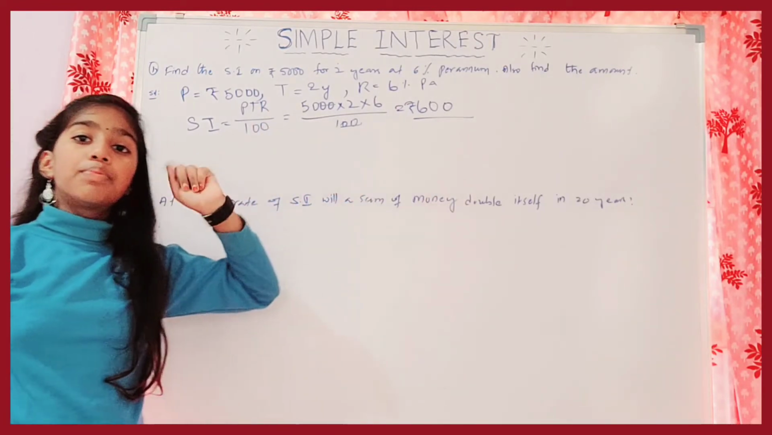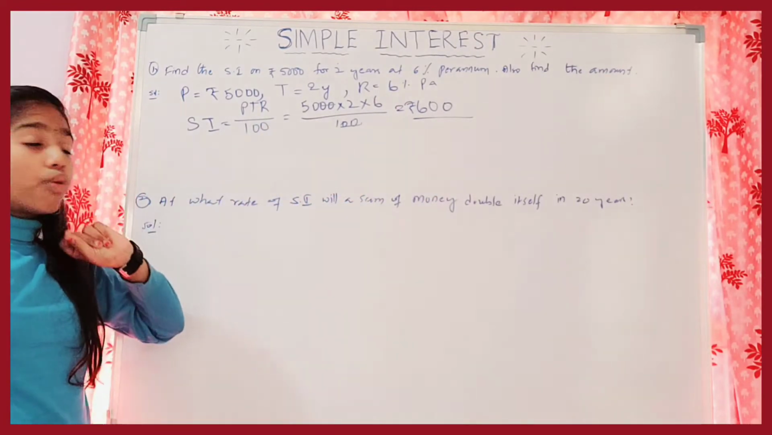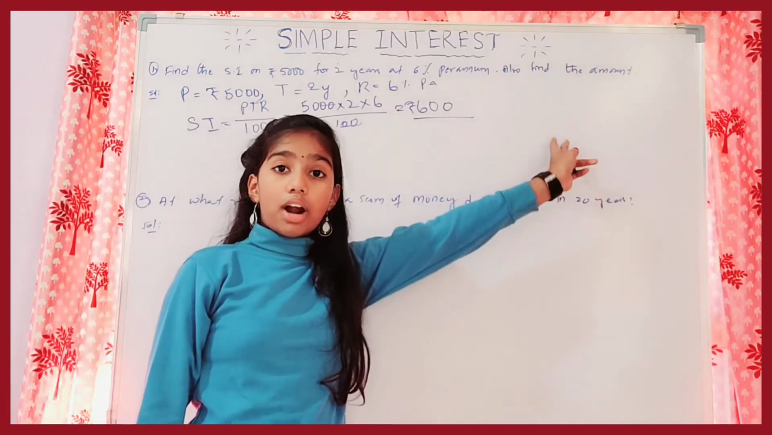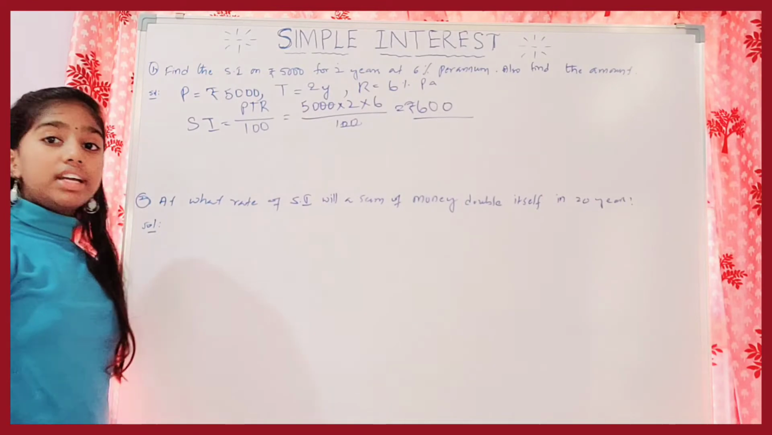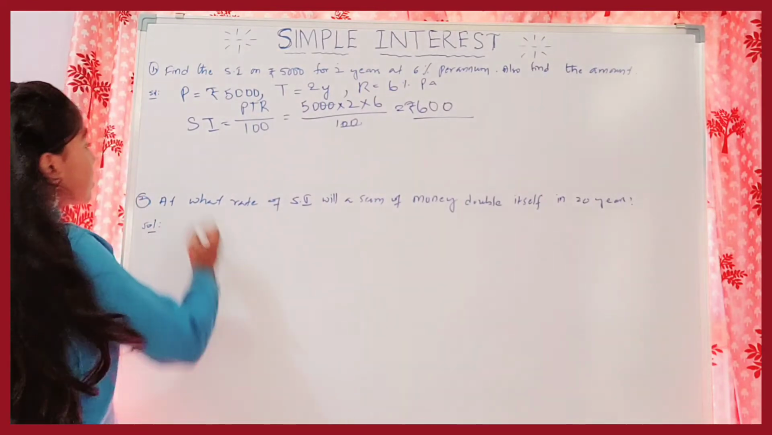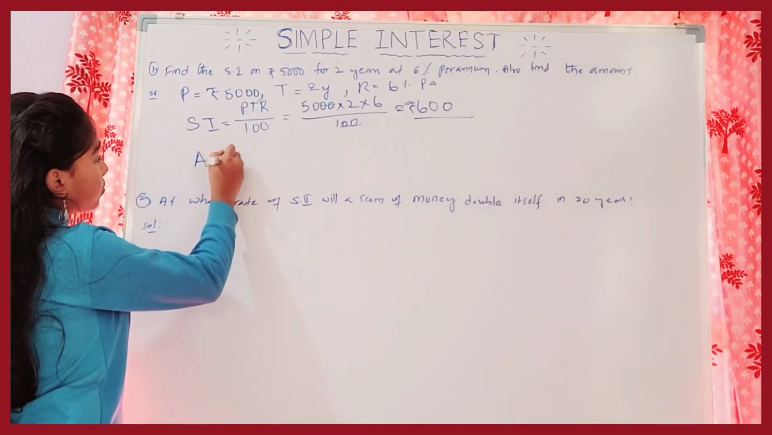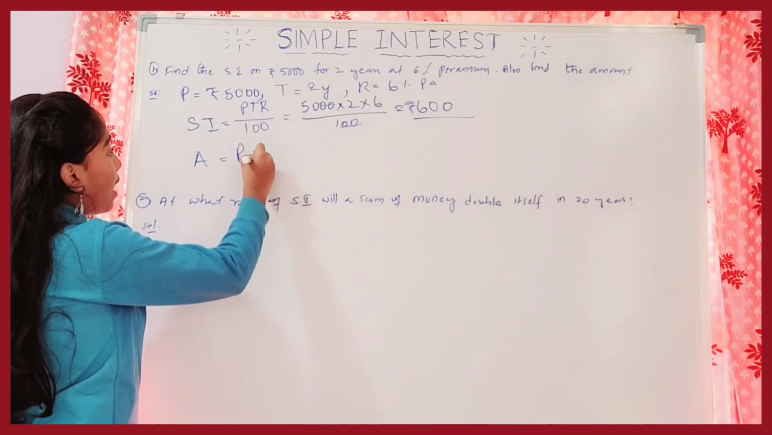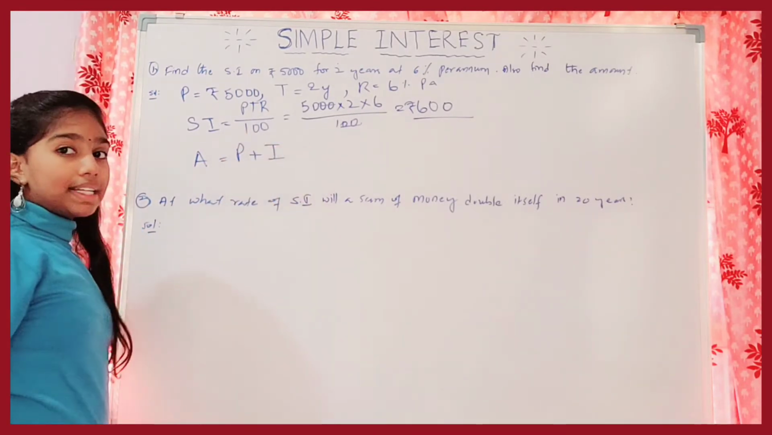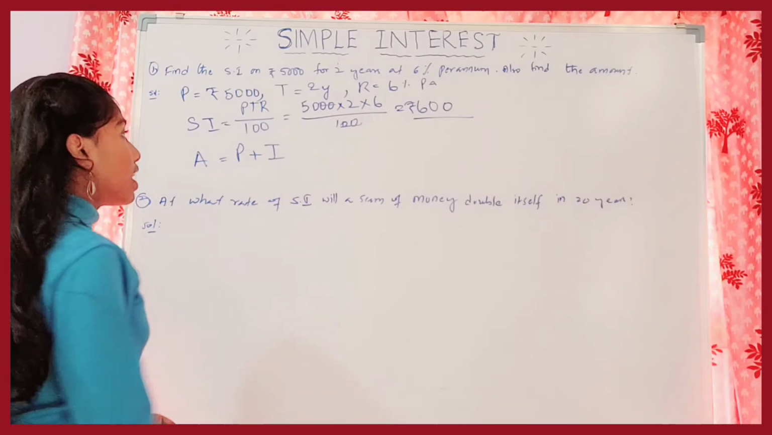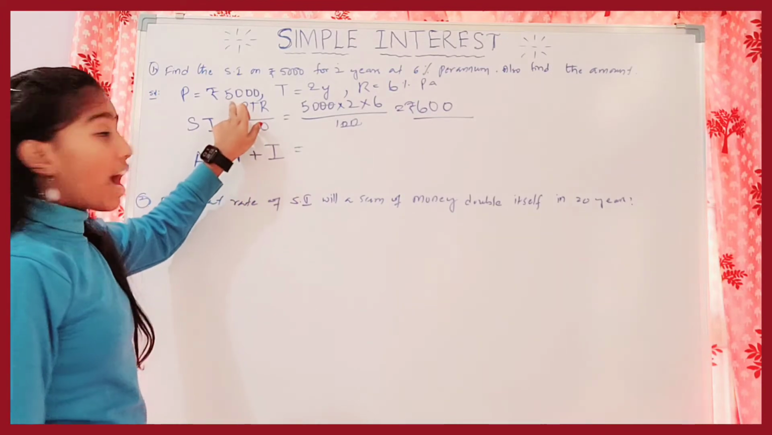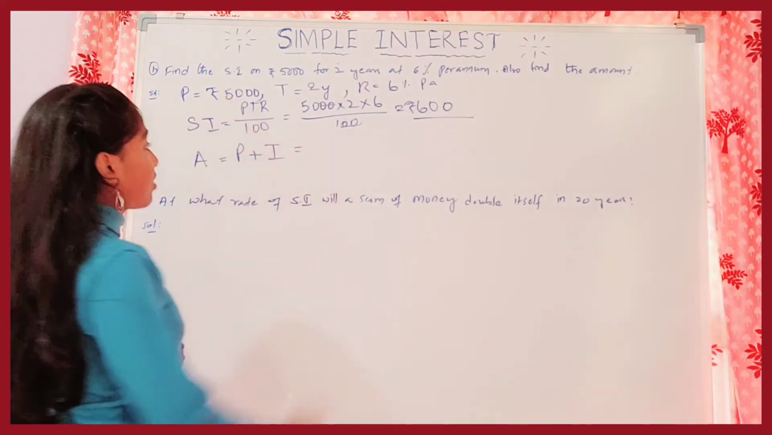We got the answer, and now they didn't tell us to only find the simple interest, they also told us to find the amount. So already we know the formula for amount: amount is equal to principal plus interest. Now we know the principal, that is 5,000 rupees. So write 5,000 rupees